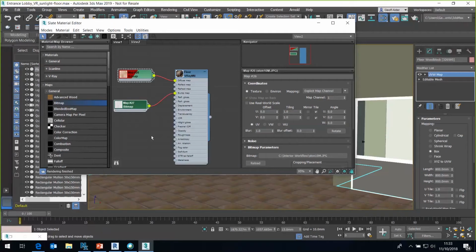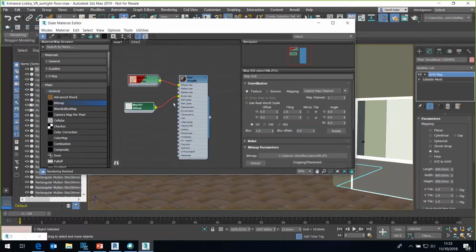One of the areas I do like to mention on this Slate Material Editor is that I can unplug a map like this and have several maps available. So I can plug in another map into here. Maybe this one would be a stone map, another one would be a carpet or something like this. I plug these in so that I can say to the client, well, there you go, it's actually either a stone floor or carpet tiles, and it works very well like that. It's very easy to unplug and plug in there. So I'll pop that there,